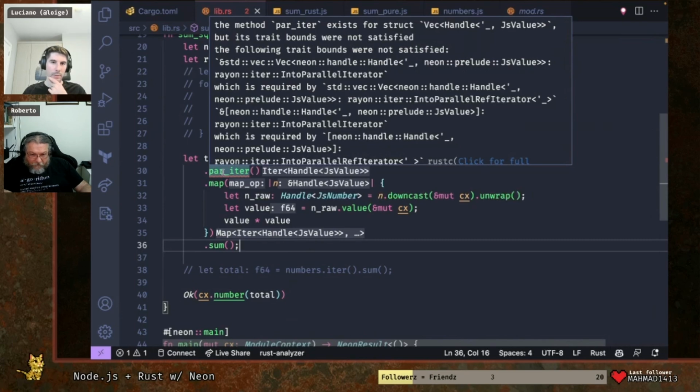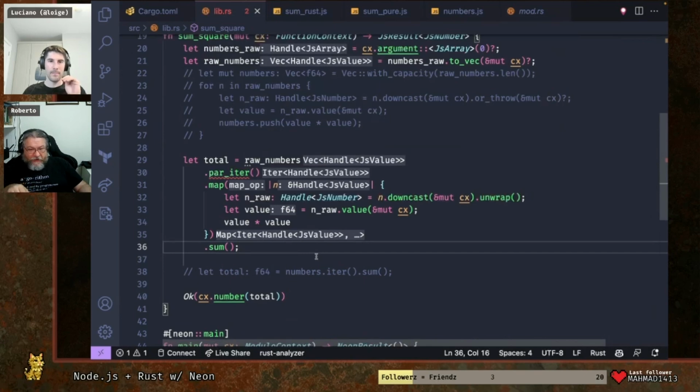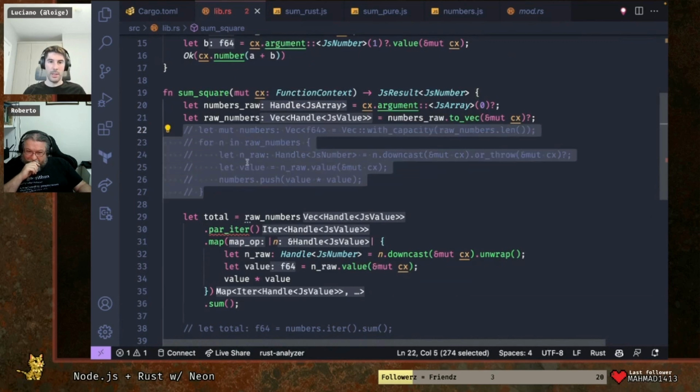I suppose because we have to use that context and it's a mutable reference, we cannot parallelize that easily. So we have to provide already the array with numbers. We can try to comment this code and comment the first block instead of iter.sum. Well, we can only parallelize the sum, which I don't know if it's going to speed up a lot, but